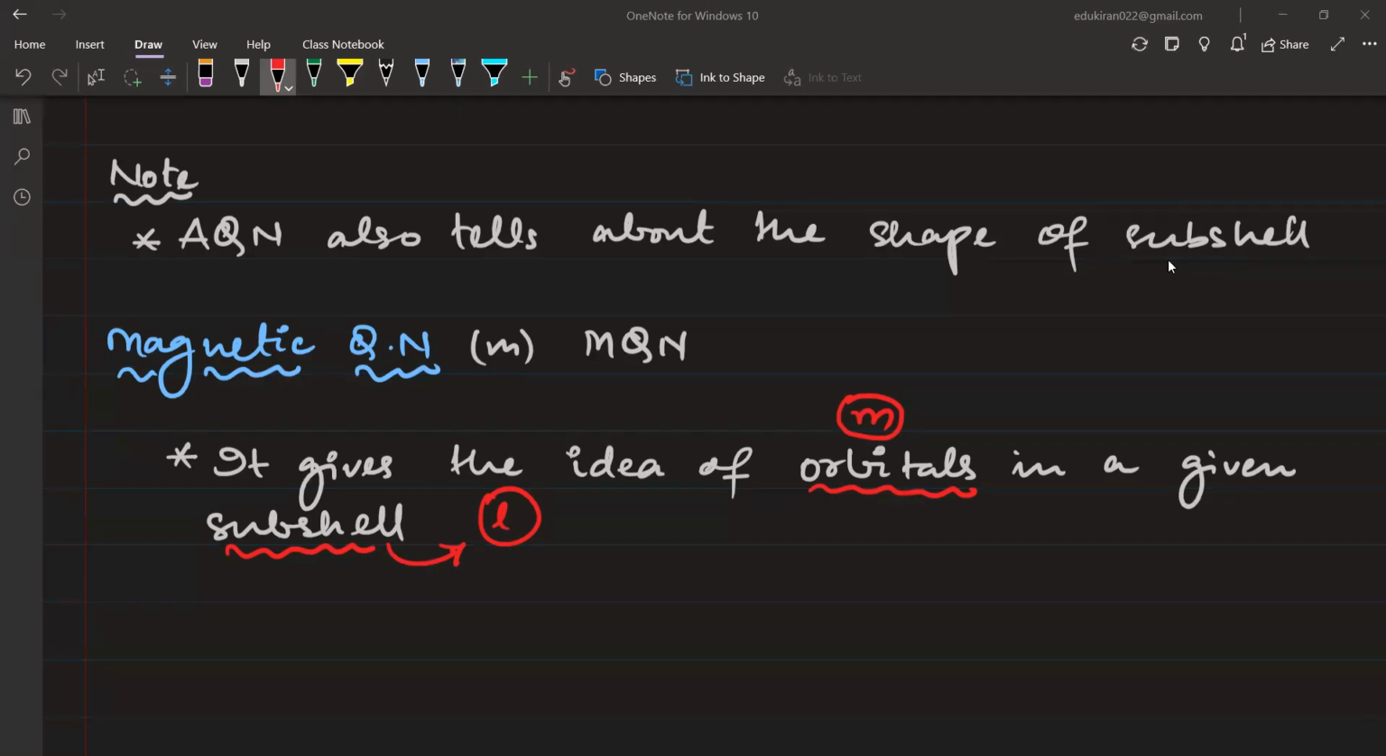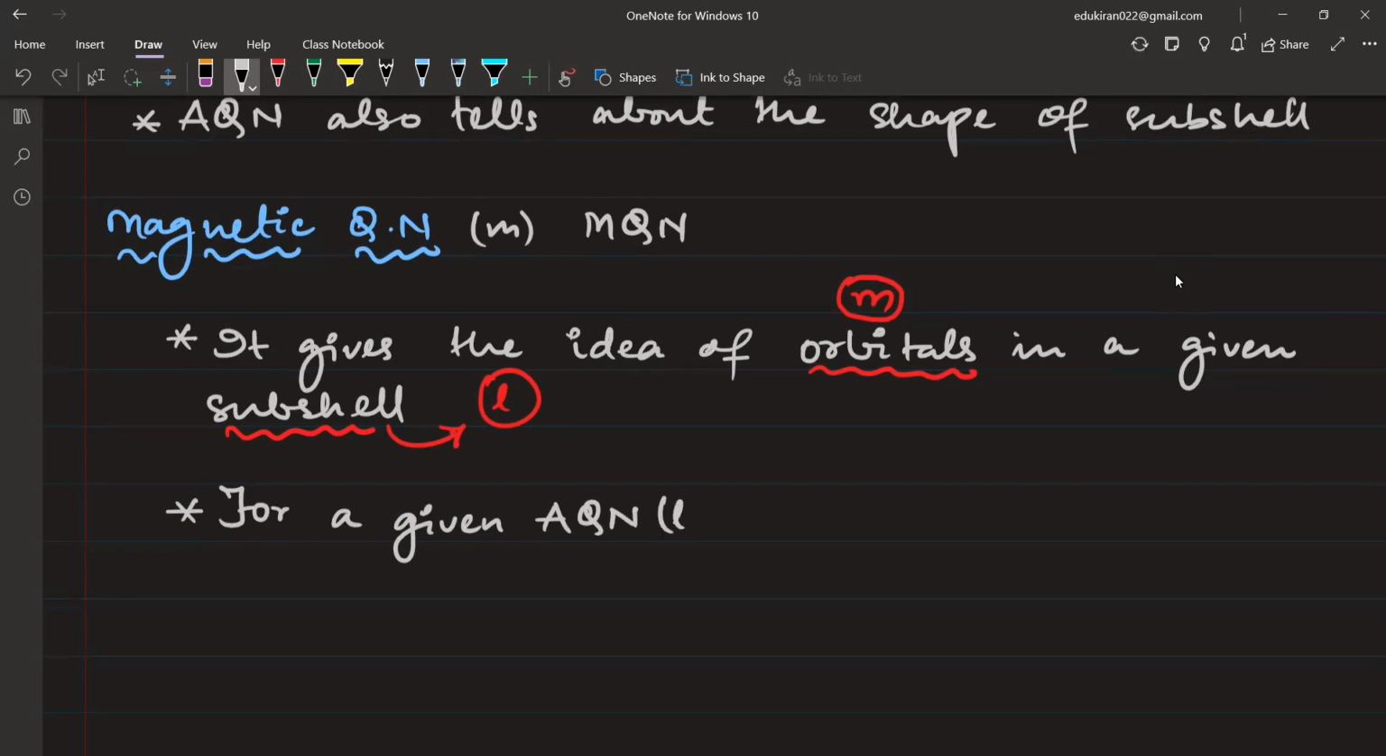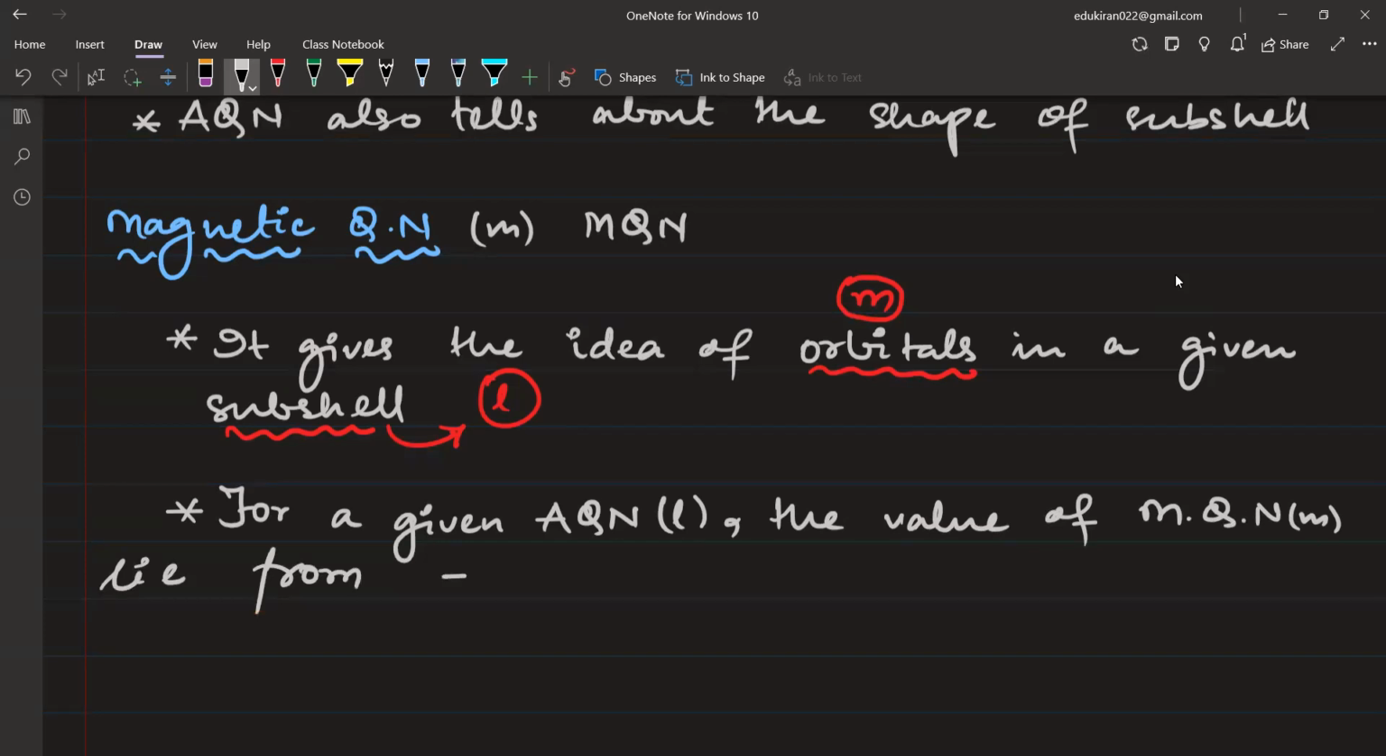So we'll write: for a given azimuthal quantum number, that is L, the value of magnetic quantum number M lies from minus L to plus L. Okay, minus L to plus L. Then write again: